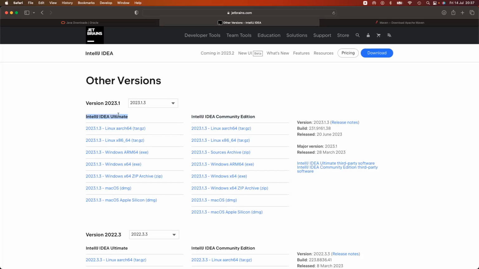So the ultimate, I think, is only for a limited period of time before you then start paying for it or something like that. But the community edition is what you should use. It is free and you can do whatever you need to do with it as well. I use the community edition at work. So if you are going to be installing IntelliJ on your system, please install the community edition. And based on the operating system that you have, if you've got a Mac, install the